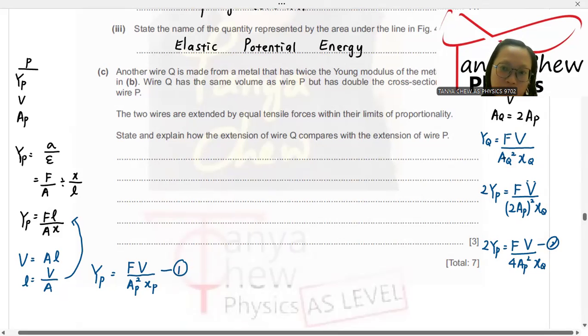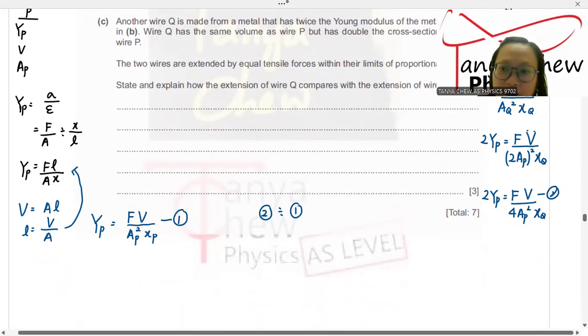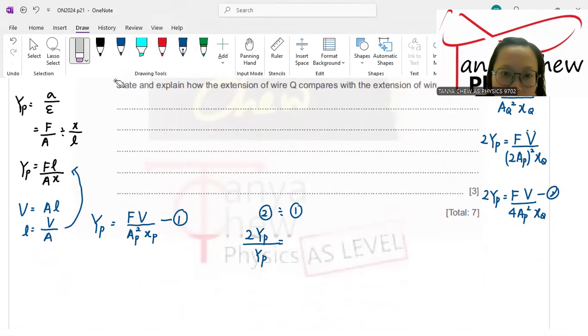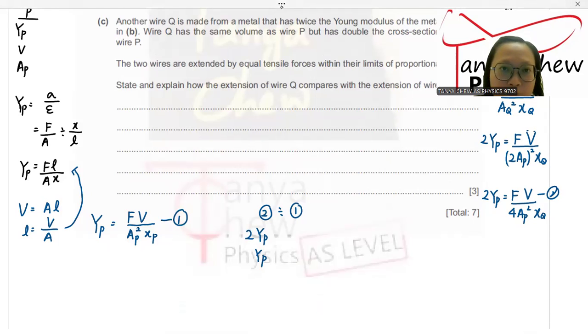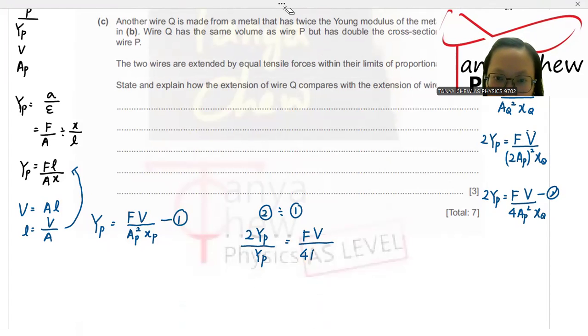Second equation, right? Now I am going to solve these two simultaneous equations. Second equation divided by the first equation. So second equation, I have 2 times the Young modulus of P divided by Young modulus of P equals, I better write it nicely. Sorry. Here equals FV over 4 area of P square extension of Q,